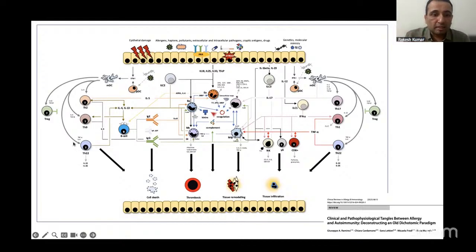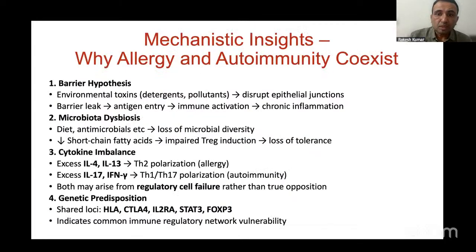So then there are several other pathways like Th17 and T regulatory pathways, so there is a complex interplay of several immune pathways related to immune proliferation. So if I simplify this diagram into the mechanistic insight of why allergy and autoimmunity coexist,